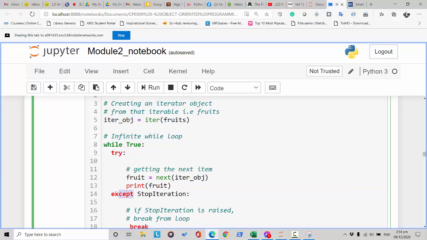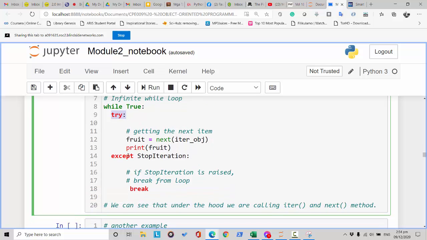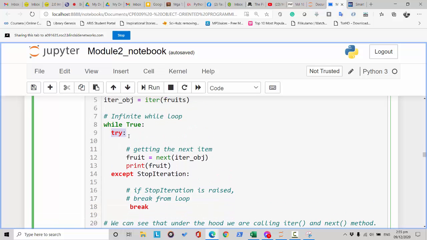Except. The except here is always in partner with try. So when you use the try, you should have an except. So what is StopIteration? This is just a name. You can change the name if you want. That means if StopIteration is raised, meaning if you want to break out of this loop,